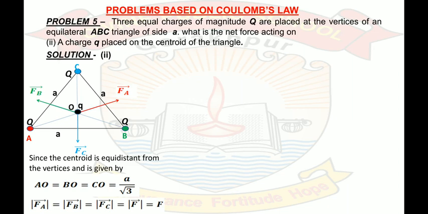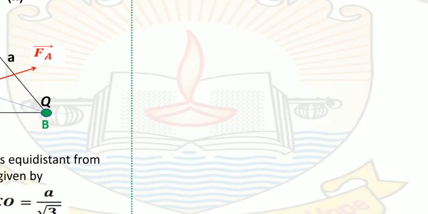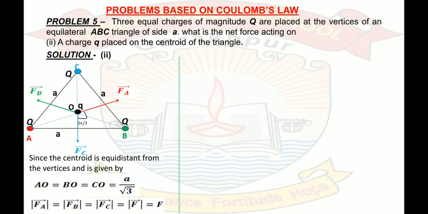Now let us make the diagram for the centroid somewhere else so that we can analyze the diagram. Now what we have actually at the centroid, one more important thing. And what is that important thing? The angle between Fa and Fc. What will be the angle between Fa and Fc? It will be 2 pi by 3. By simple geometry you can analyze that.